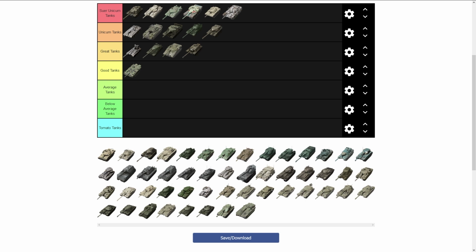Right, well, are there any other candidates for Unicum then? I mean, I can't think of many, really. The only one I would say is the FV4202. FV4202 is a Unicum tank, I feel like. Oh, okay. Chieftain? So you have the Super Conqueror and the Valiant at Super Uni. At Unicum, I feel like